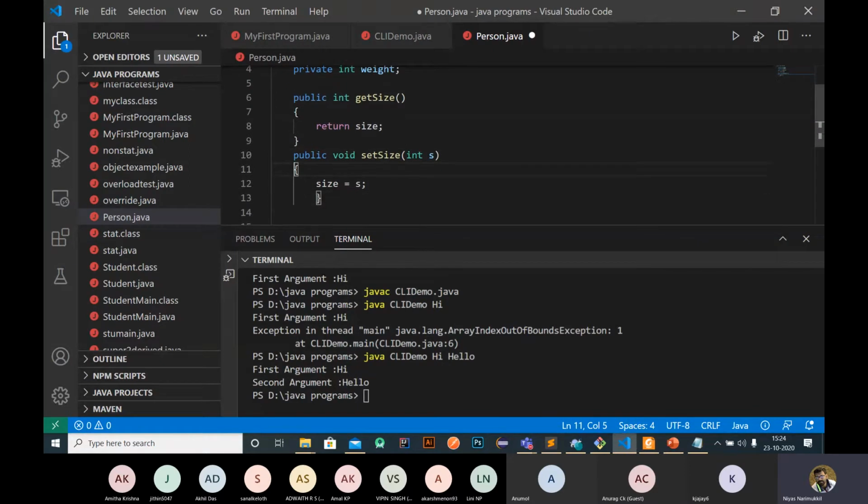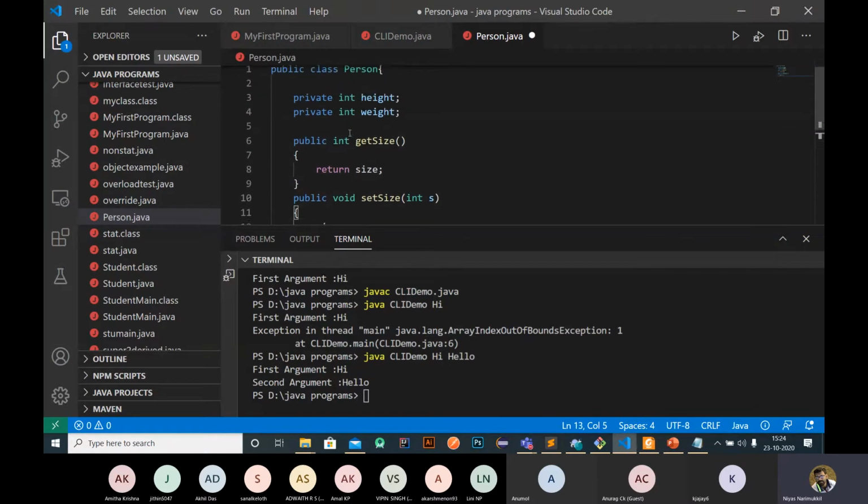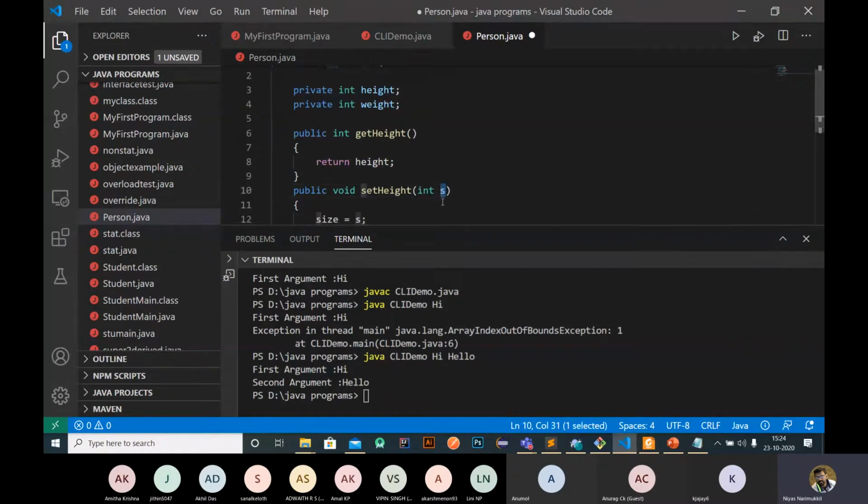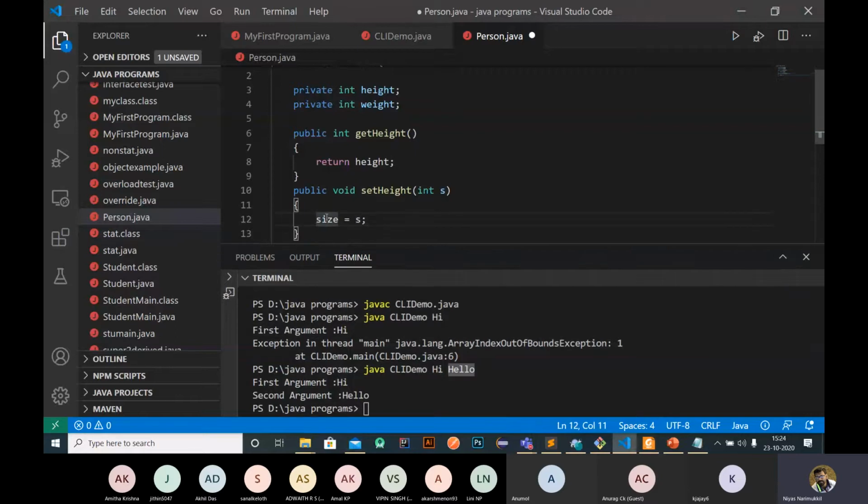So this is called setters and getters. In programming terminology, we declare things like that. We need to declare the variables as private. Then we need to use functions to set the values and get the values. For example, get height is one of the functions. It will return height. And set height is another function. It will set values like this.